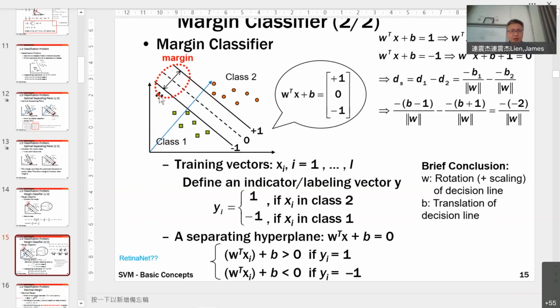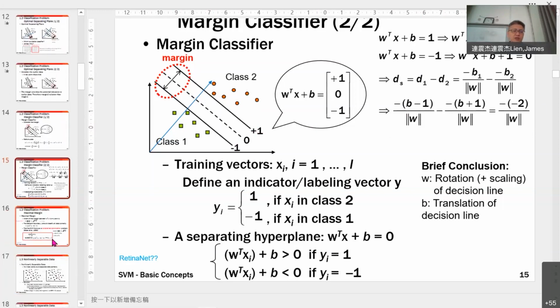What's the distance of the margin? Sorry, for the margin, this margin will become D1 minus D2. And D1 minus D2 equals this one, with B1 and B2, one is B1 and the other is B2. So finally you'll find the distance for the margin is this equation. 因为你把它们归一化成1跟负1，所以它的距离 margin 就变成是这个 term。这是我们要的，因为后面我们就是要这个，我马上讲。